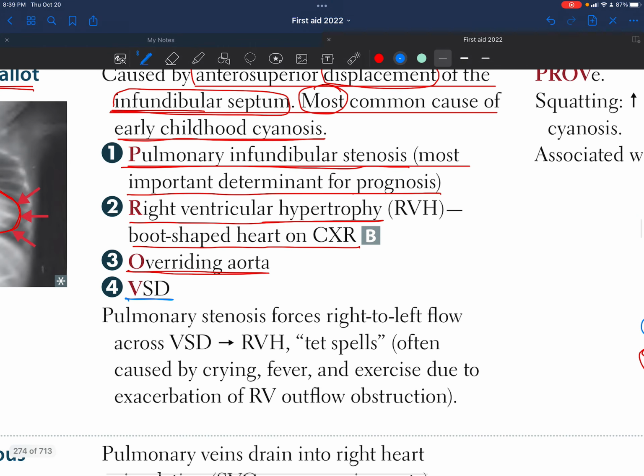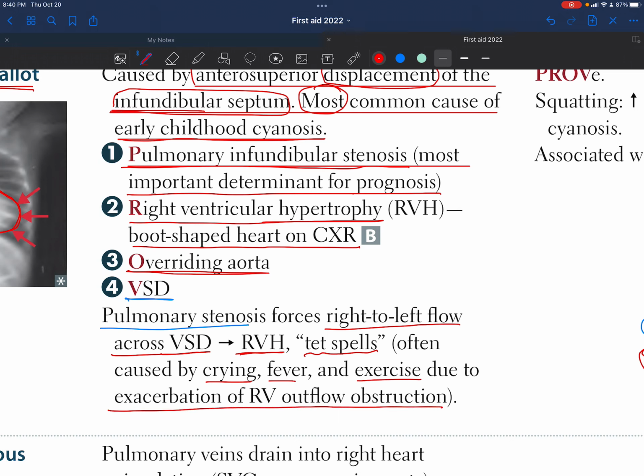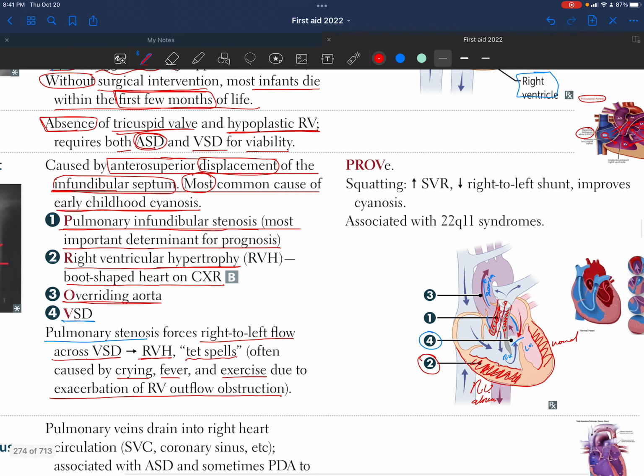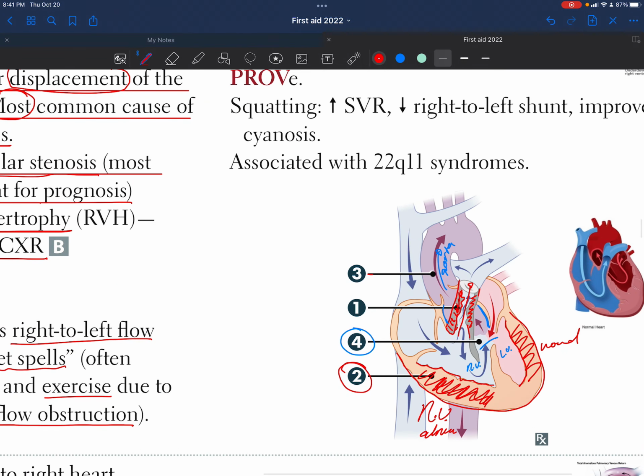There, what it says is that the pulmonary stenosis forces the right to left flow across the VSD, then right ventricular hypertrophy, and there are TET spells often caused by crying, fever, and exercise due to exacerbation of right ventricular outflow obstruction. What it's saying here is that because of this pulmonary stenosis that we have here, let me clear it up. Okay, so